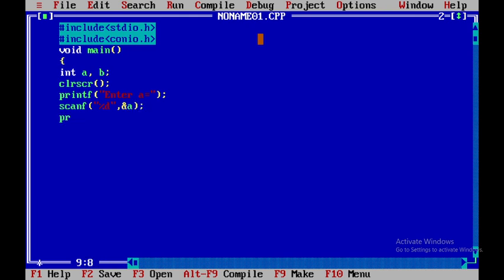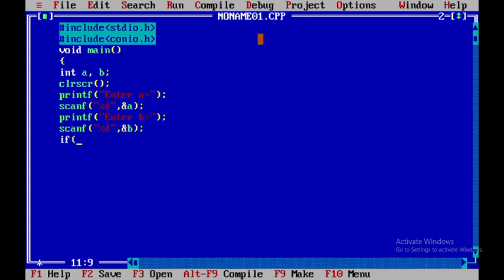Next printf, enter b, scanf percent d and b. Next, since we enter a and b, we are going to check which number is greater,